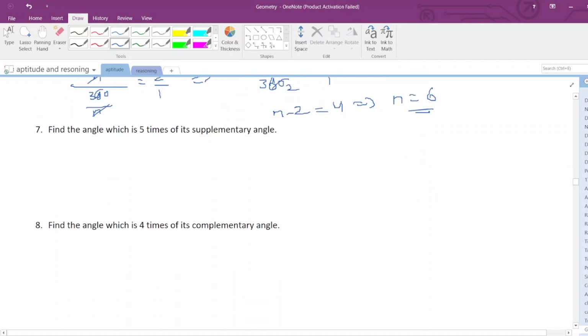Now find the angle which is 5 times of its supplementary angle, they ask. Now we know supplementary angles, the sum of angles is equal to 180 degrees, right? Theta 1 plus theta 2. But here I consider both angles as theta and theta 1. Find the angle which is 5 times its supplementary angle. So I keep one theta and send the other theta to that side. So this theta is 5 times the other angle. Okay, now it becomes theta is equal to 180 into 5, which is 900